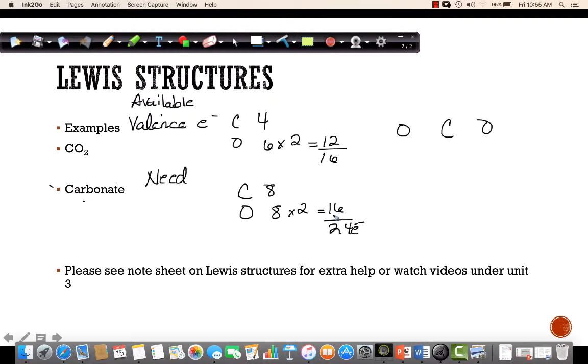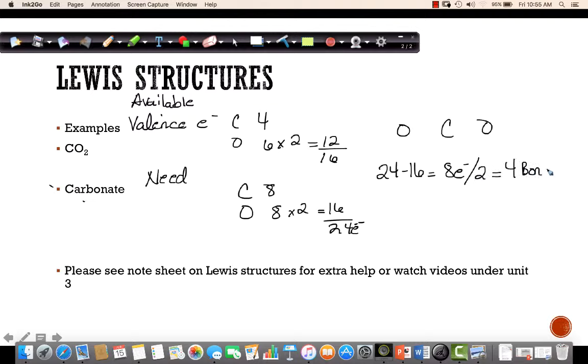So what I can do with this is I can actually figure out how many bonds I'm going to make in this without even trying to draw it first. So this is one way you can help double check some of your Lewis structures. So 24 minus 16 would be 8 electrons that are being shared. So 8 electrons are being shared. Well, each bond will represent 2 electrons, so it's going to be 4